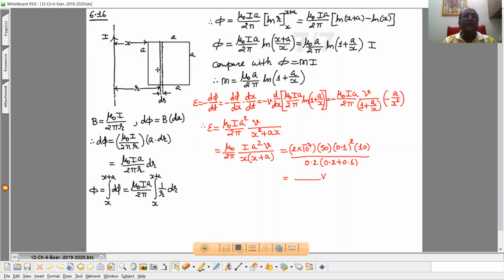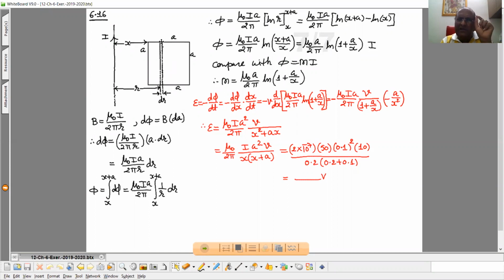Now here directly we can't write the flux associated with this particular square loop, that is B into area of the loop, because on this particular loop, starting from this side to this side, the field is not constant one. Field is continuously changing because for the points from this end to this end, the perpendicular distance from the wire is changing. So first consider